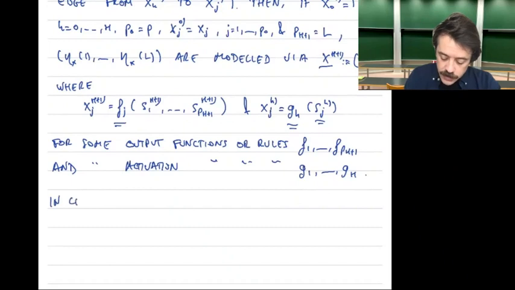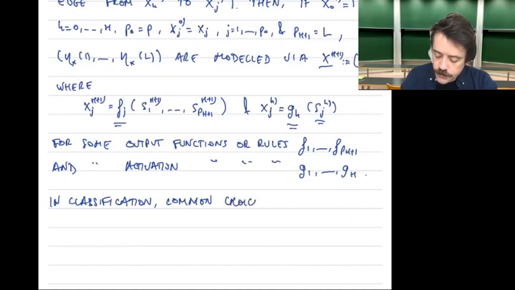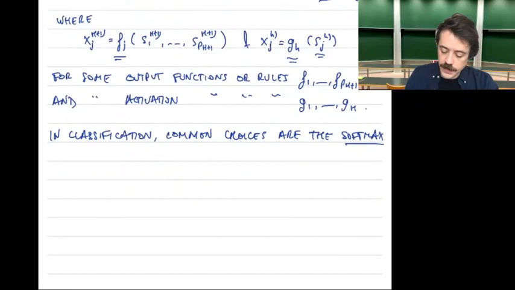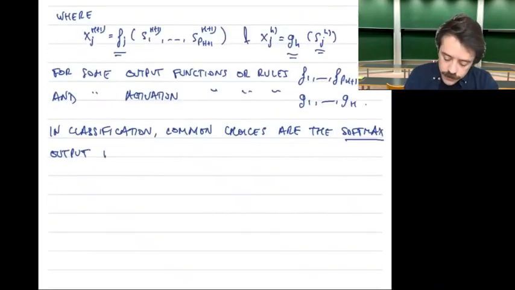In classification, we have some common choices of these functions. The common choices are the so-called softmax output function,